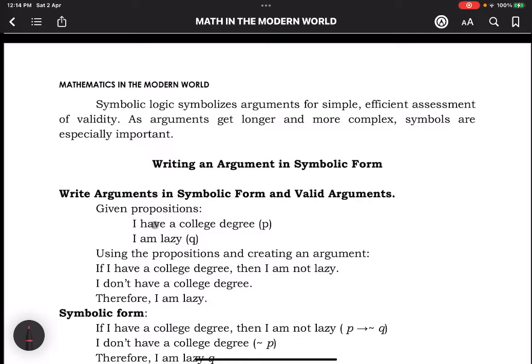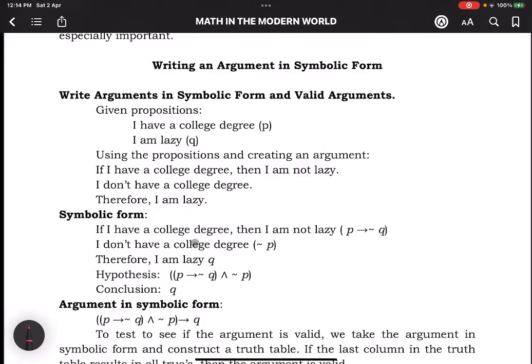Given propositions, for example, I have a college degree. So inassign natin yung unang statement natin as P, I am lazy, the second statement as Q, using the propositions and creating an argument. If I have a college degree, then I am not lazy. I don't have a college degree, therefore I am lazy. So, yung mga statement natin, lalagyan natin ng assignment, no? Yung P, Q, and then also yung diniscuss natin sa taas, the symbols for the connectives or operators,